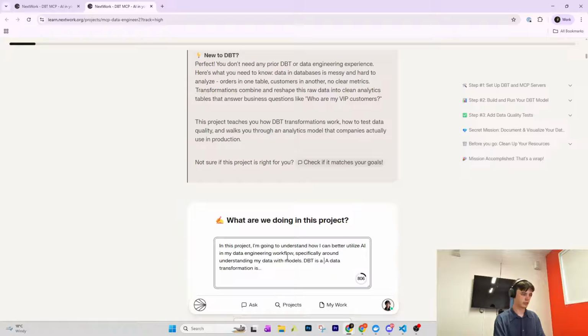DBT is an open source data build tool that allows you to run SQL models at scale. And a data transformation is,